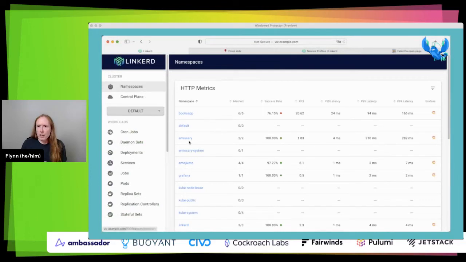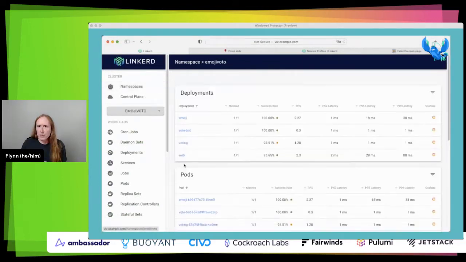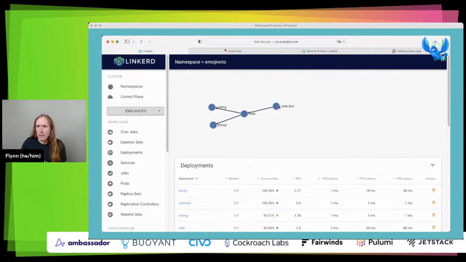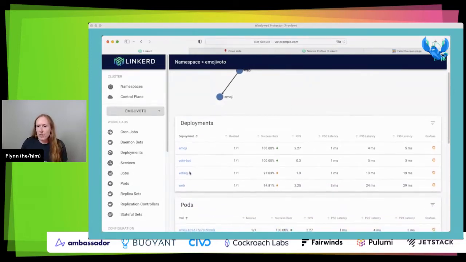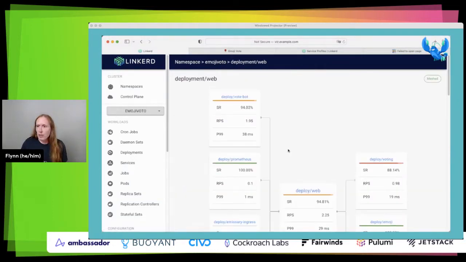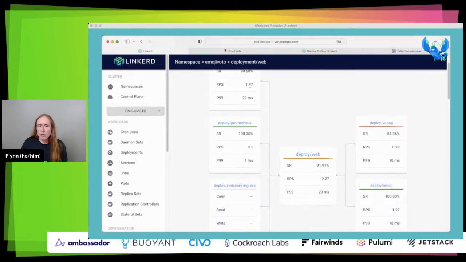If we come over here and we look into the Emojivoto namespace, the first thing is that using this from the web browser, we can see that we have this traffic generator talking to our web deployment, which in turn talks to voting and emoji. So if we'd started from this place, we wouldn't have had to go through and try to discover things from the command line, right? We can further see pretty much the same things with the voting and the web deployment having some issues here. And we can come up over here and drill into the web deployment, where Viz will show us the